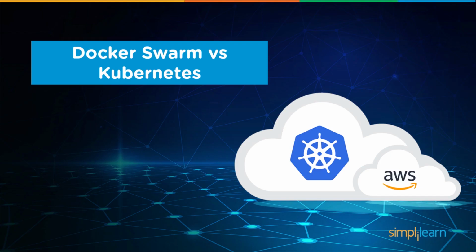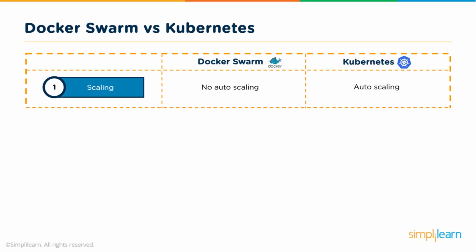For the sake of comparison, I picked Docker Swarm and Kubernetes just because both of them operate in the space of container management. They do something very, very similar with containers. That's the similarity that exists between these two orchestration tools. However, there's a big difference when it comes to the types of containers that both of them cater to, and also the capacity of workloads they can be used for.